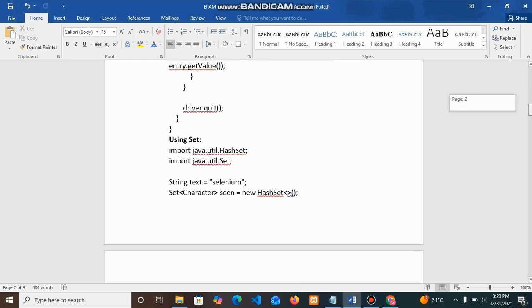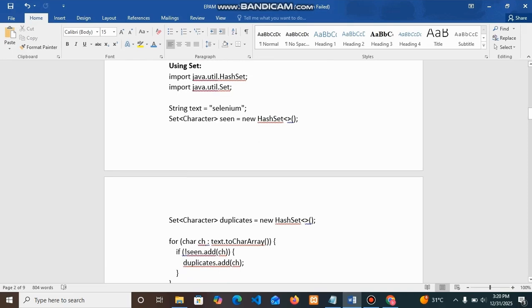And there is another way to find duplicates. This is by defining two different sets, and here I am passing the text as Selenium and looping through each character from the text string by converting to toCharArray. And if the seen set